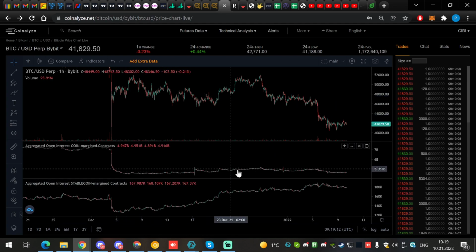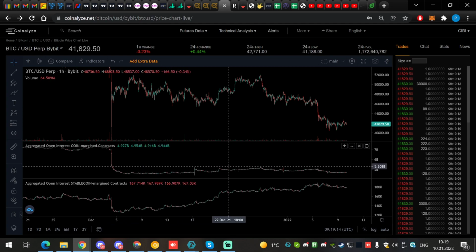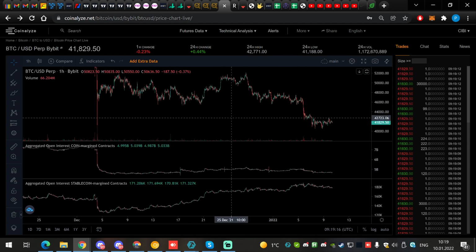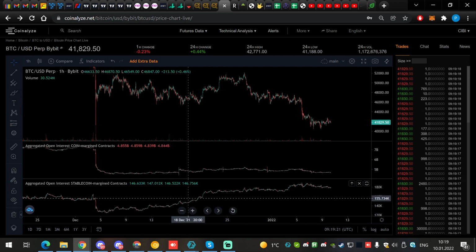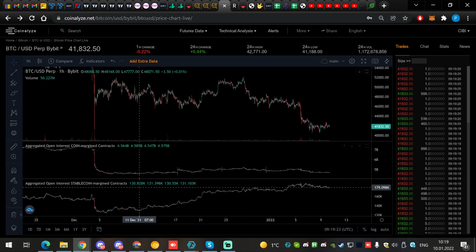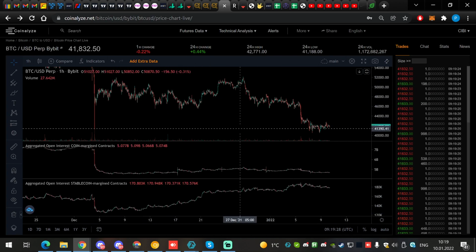So we see the spot market is very mild, accumulating and buying. Open interest is very reluctant to rise. We can see the stable coins are rising a lot more. Okay, people take more leverage positions. So in this range, you cannot tell